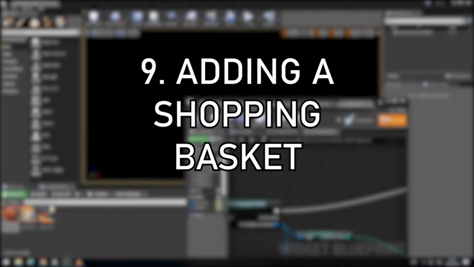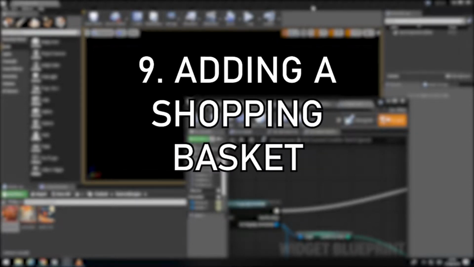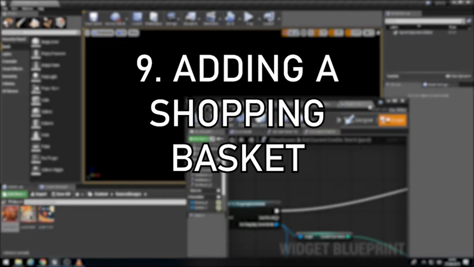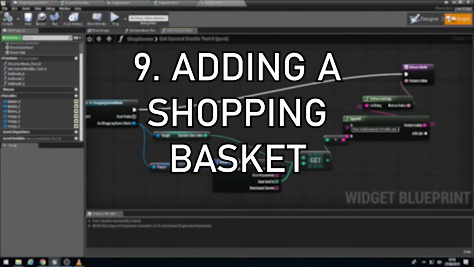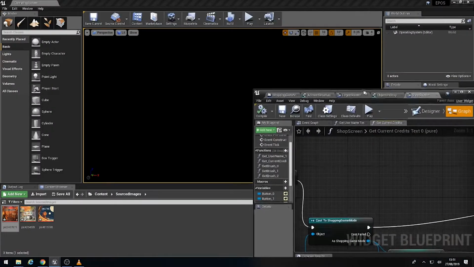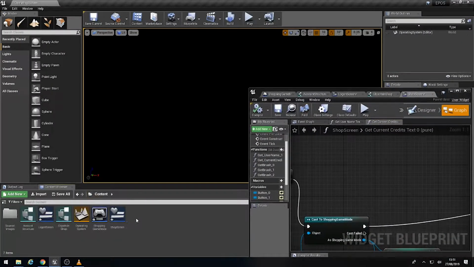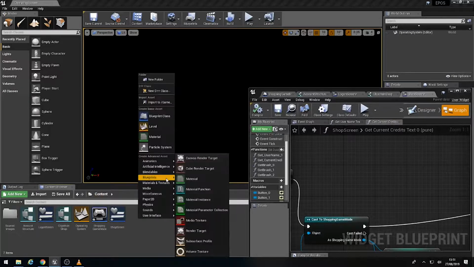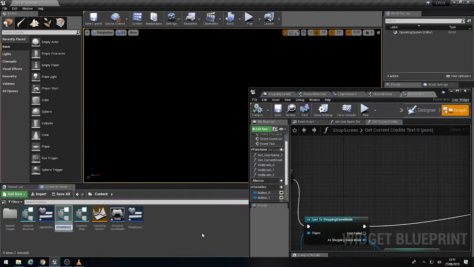Hi folks, in this video we're going to expand upon what we've previously created with our shop screen and actually start adding objects to a shopping basket. First of all, we have to create a brand new structure yet again, and this time under blueprints structure, we're going to call it current shopping